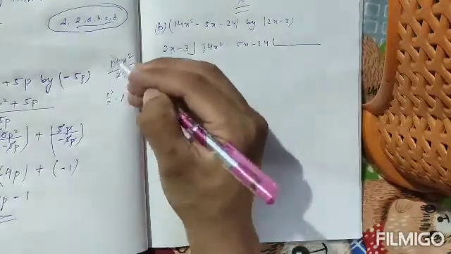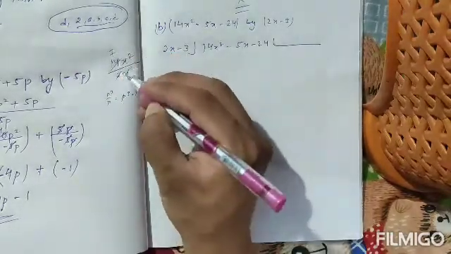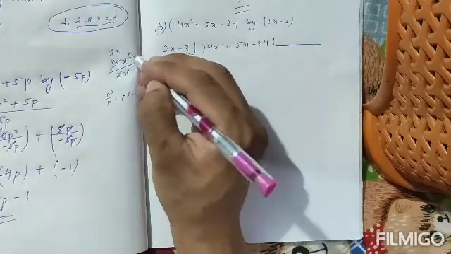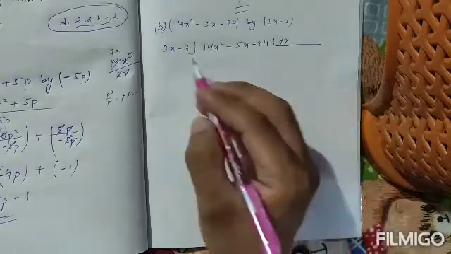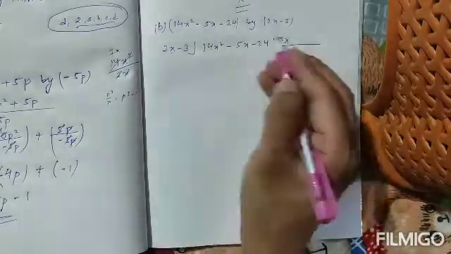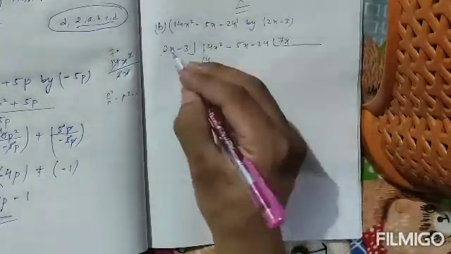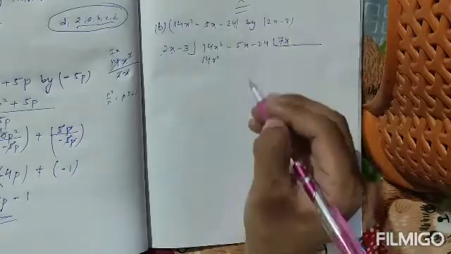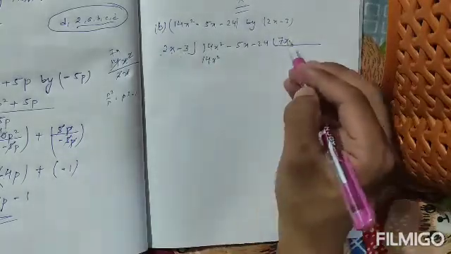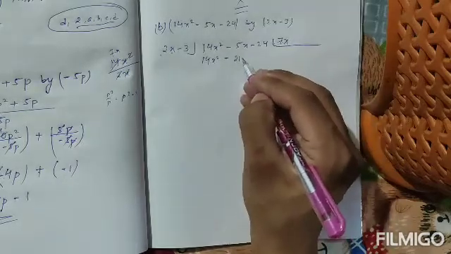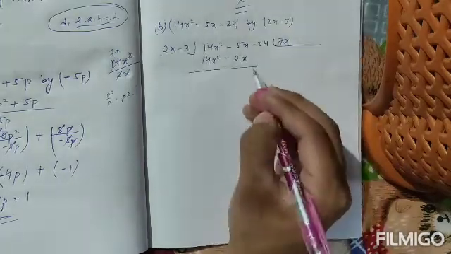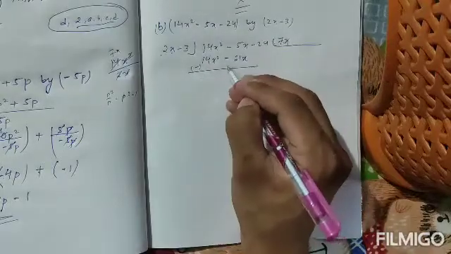So it will be 2 7s are 14, x square by x is x, isn't it? So how much will you get? 7x. With 7x you have to multiply. So 2x into 7x, 2 7s 14x into x, x square, okay? Then minus into plus, minus 3 7s, 21x, okay? Then you have to subtract. So if you subtract you will get